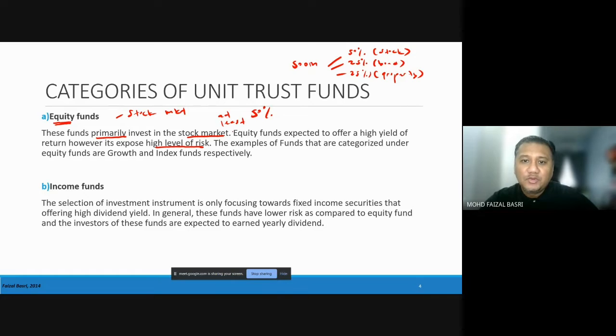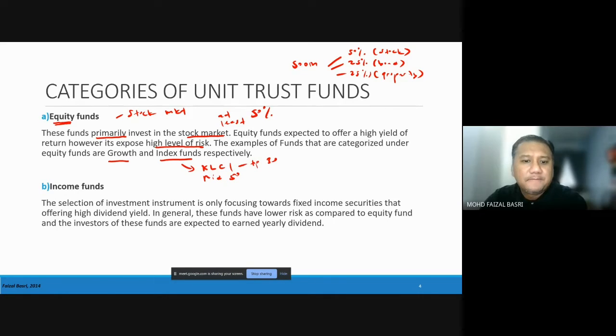Right? So contoh-contoh funds yang ada dalam equity termasuklah growth funds and also index funds. Okay, kalau index funds selalunya dia akan invest according to the index in the market. Okay, contoh index kat Malaysia we have KLCI contohnya, MID, tak ingat MID apa, MID 20 ke MID 50, 30, tak ingat, I think MID 30 atau MID 50 lah, tak ingat nama terms dia. So KLCI ni selalunya top 30 companies lah, top 30 companies dalam KLCI. So the next one MID 50, kalau tak salah lah, saya lupa lah, it's either MID 50 atau MID 30, tak ingat. Okay, and then at the end nanti ada top 100 in total, right?